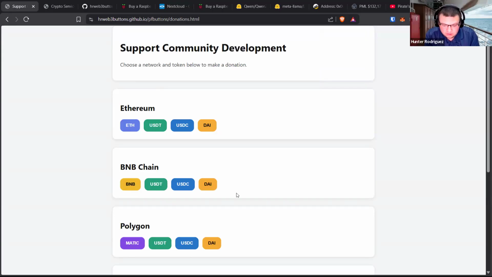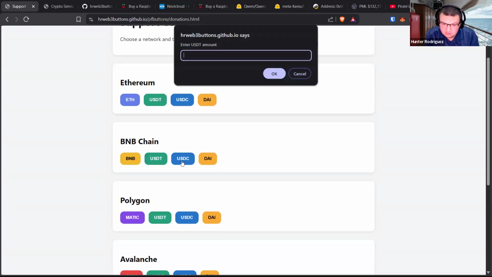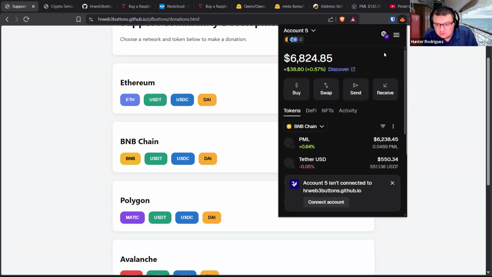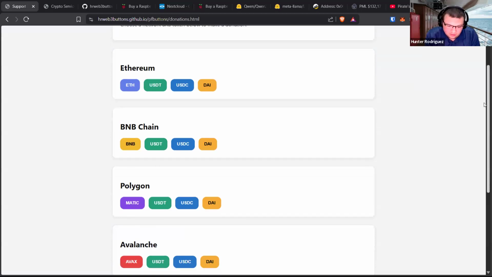And we can also try the same with other tokens, like, for example, USDT on the Polygon chain. So I'll go ahead and click that. And we'll try 1 USDT again on the Polygon chain. We'll click OK. All right, it's probably just frozen a bit since I canceled the other one. But anyway,